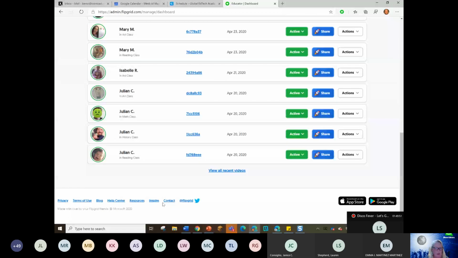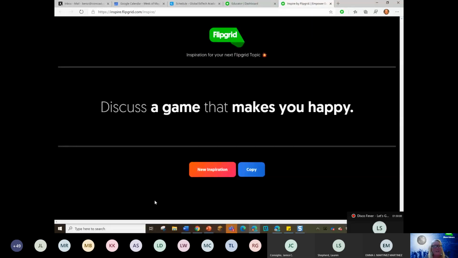So all the way down here at the bottom, I found this button that says Inspire, and I just never clicked on it before until today. But check this out. If I click on Inspire, this is great. This is great, like for you to put on with your husband and your family or whatever as you're sitting around this weekend. And they're just great discussion prompts.